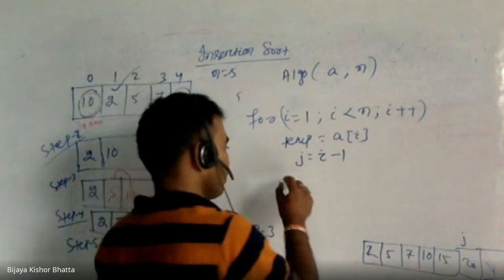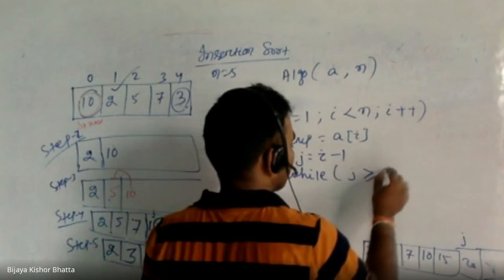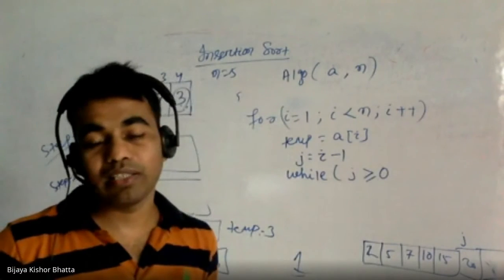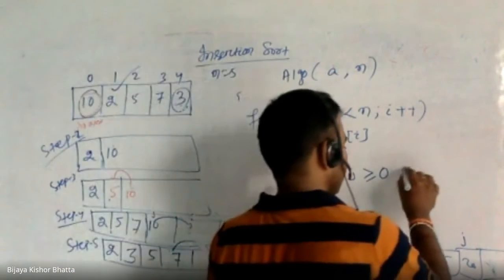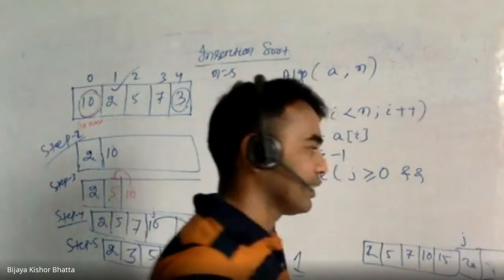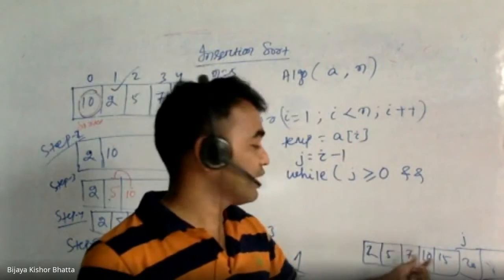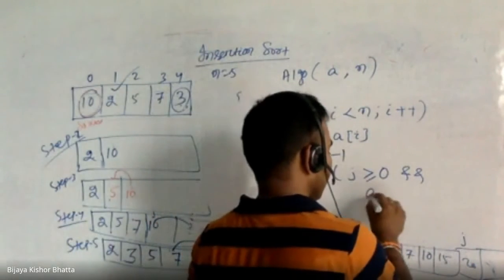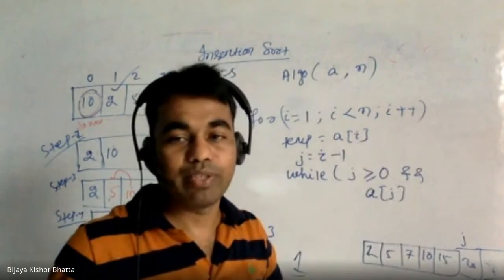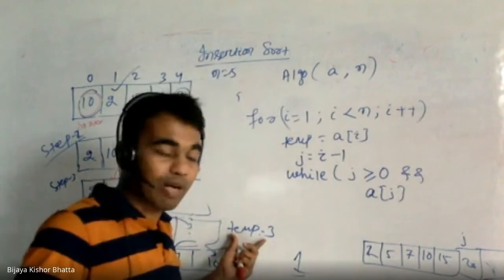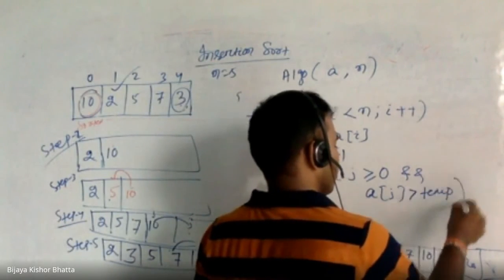So you will put a while loop: while j is greater than or equal to 0. If it goes less than 0, I will not continue. One more thing is that a of j should be a greater element, greater than my temp element, whatever element I am inserting. If these two conditions are satisfied, then